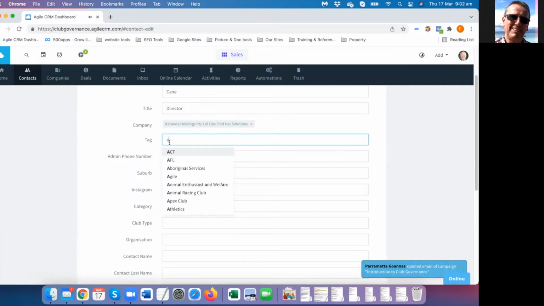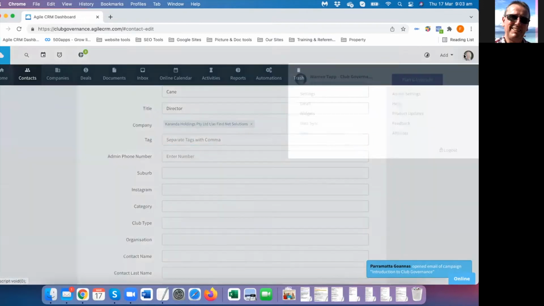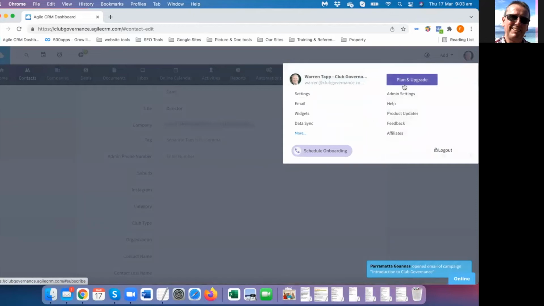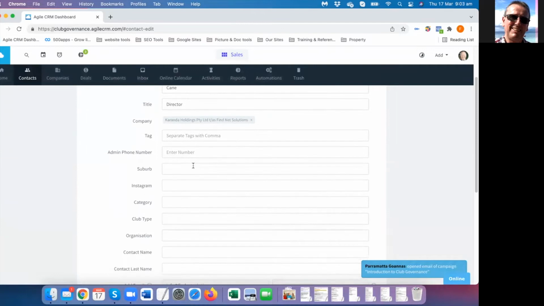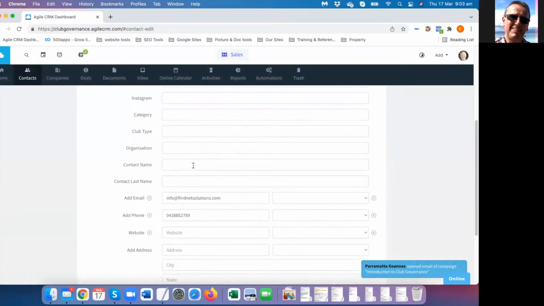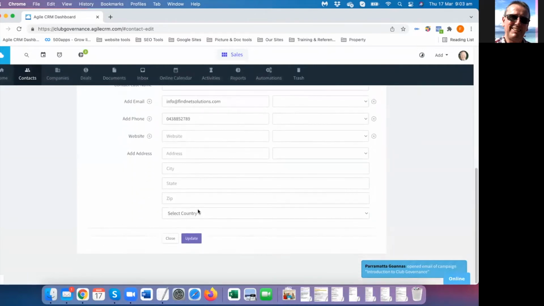And you can add the tags. If you don't know where the tags are, you can mouse over your icon in the top right hand corner and click on admin settings, and then you'll see where all the tags are, and you'll see what tags are there, and you can add extra tags. Anyway, so once you add the details and update the details, you just click update when it's done,